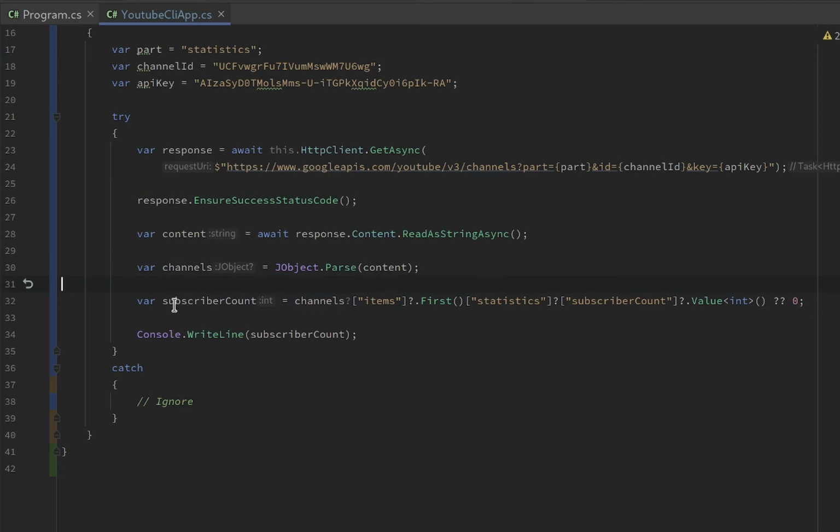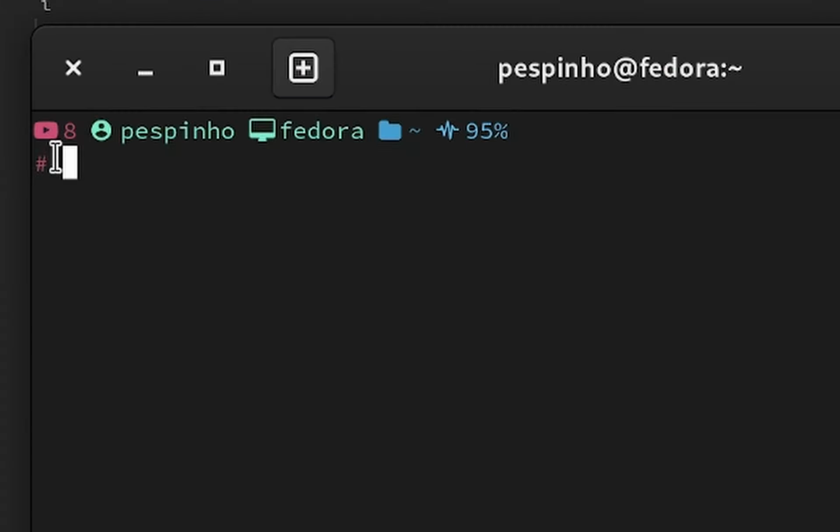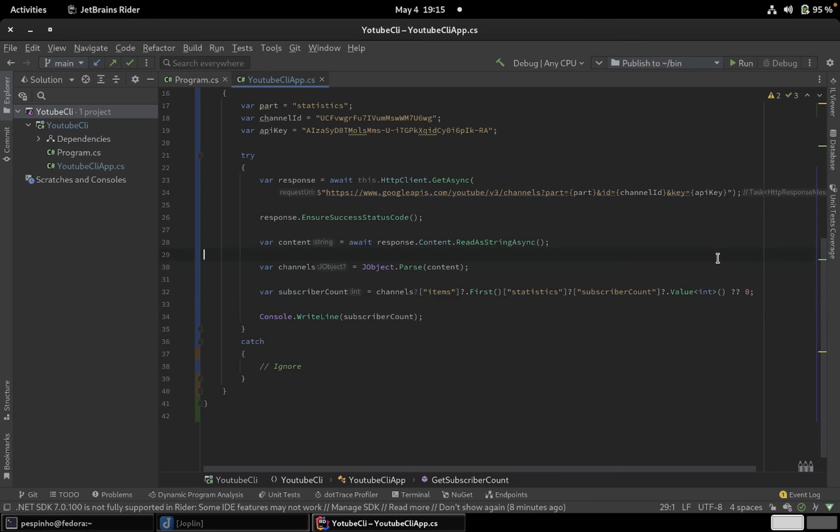Now after this, I access the structure of the parsed JSON to finally get the subscriber count as an integer. After this, I just write the subscriber count, and that is what we get here. So after doing all this work,